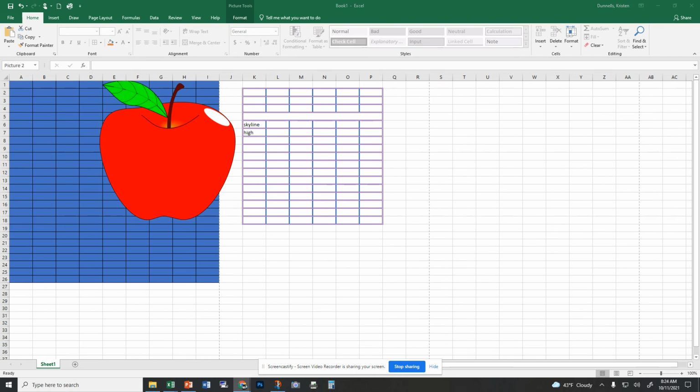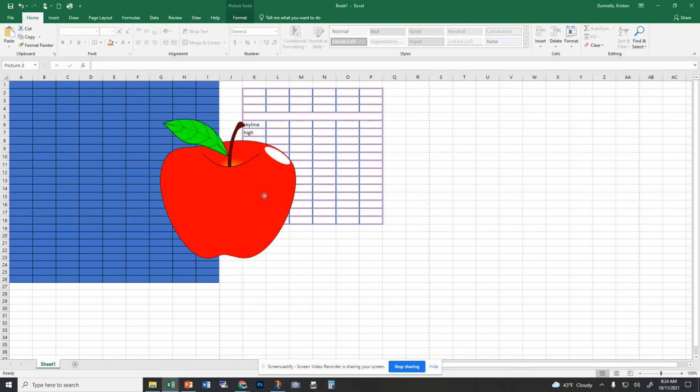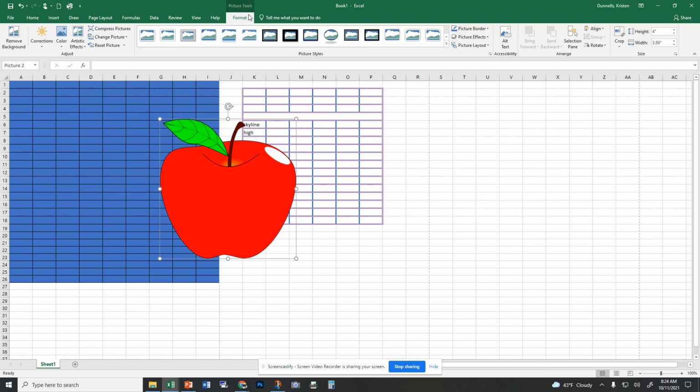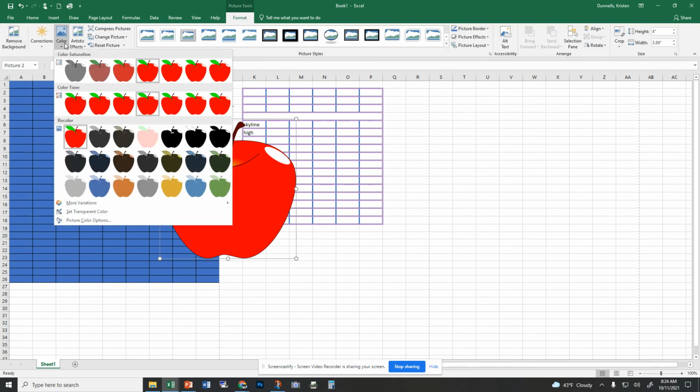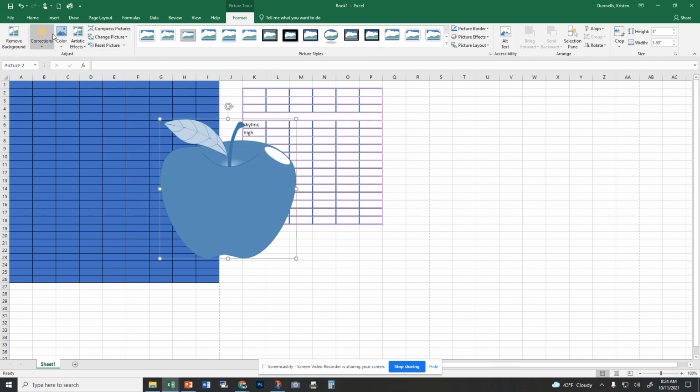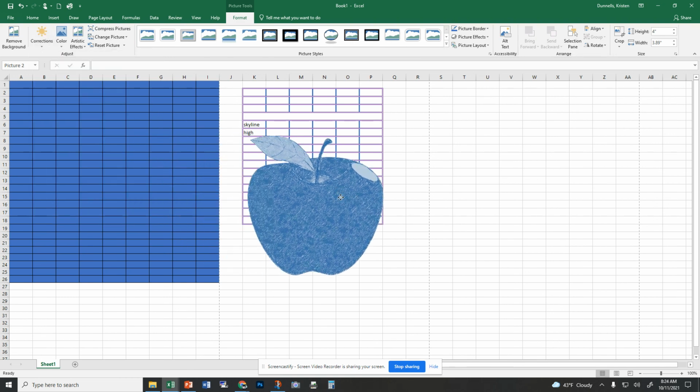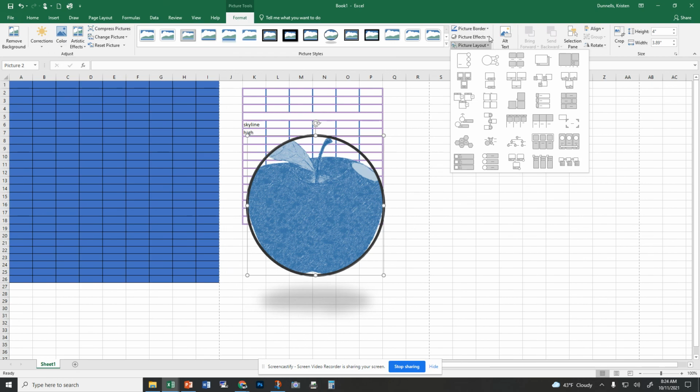Okay, the last thing is if I have an image that I want to edit, I have this Picture Tools Format tab. I have adjustments over here. For instance, if I want it to be a blue apple, if I want it to have artistic effects, if I want to correct it, as in the shade being darker, if I want it to have a frame, if I want it to have some picture effects,